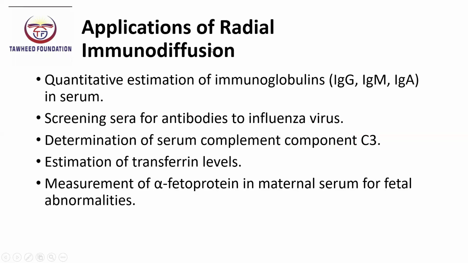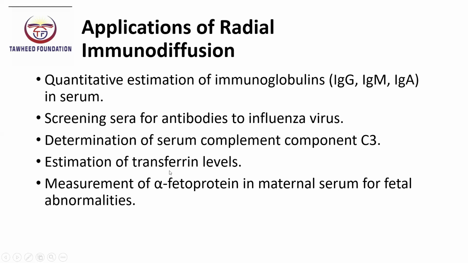Next is application of radial immunodiffusion. Radial immunodiffusion has a wide range of clinical and diagnostic applications. It is used for quantitative estimation of immunoglobulins such as IgG, IgM, and IgA in serum, helping in the diagnosis of immunodeficiency or hypergammaglobulinemia. It is also employed for screening sera for antibodies to influenza viruses, aiding in epidemiological studies and vaccine